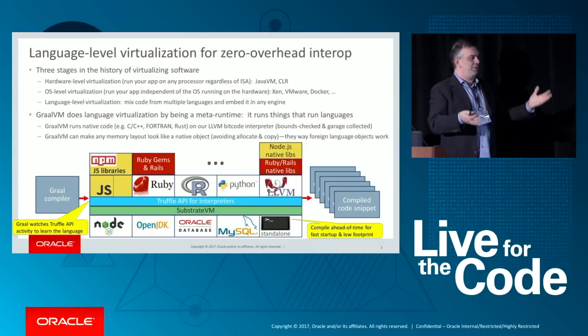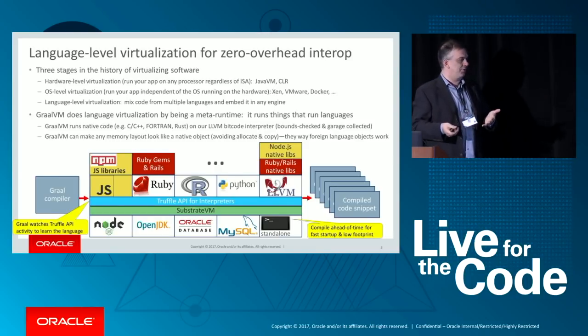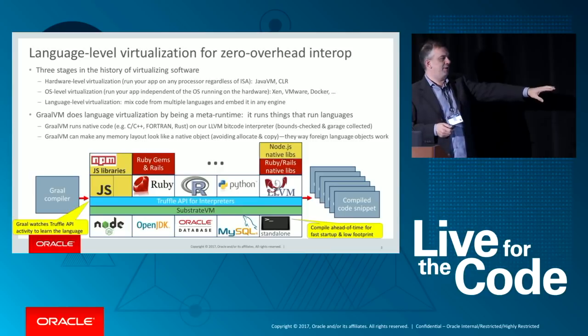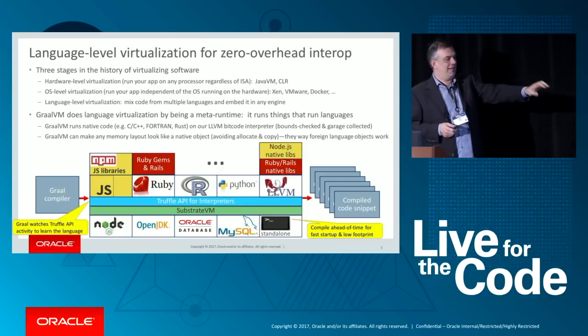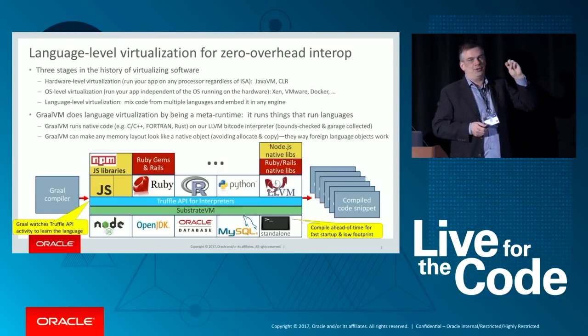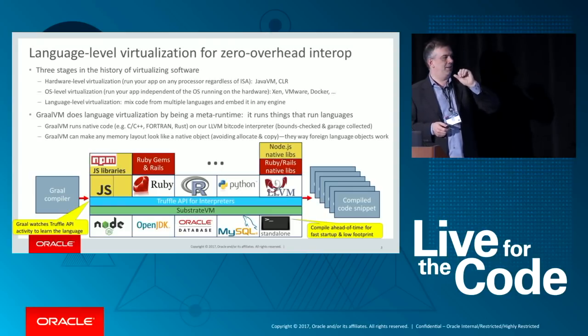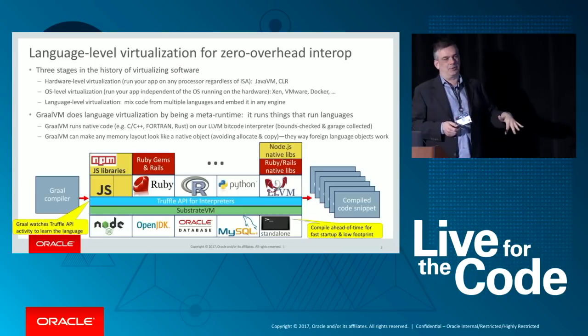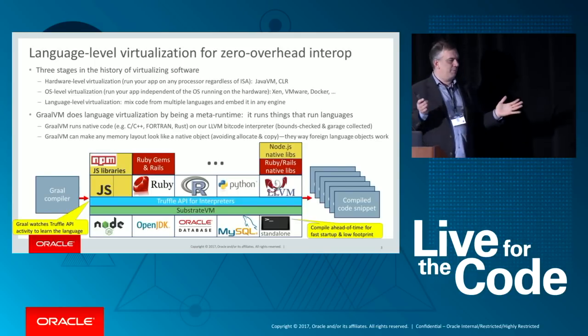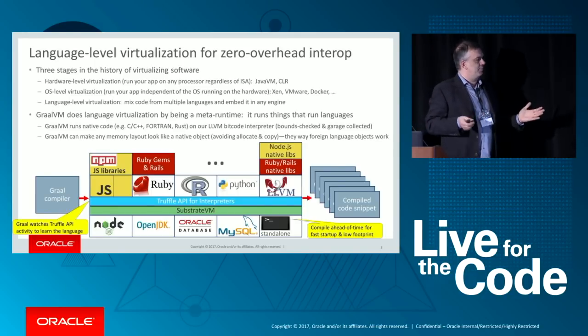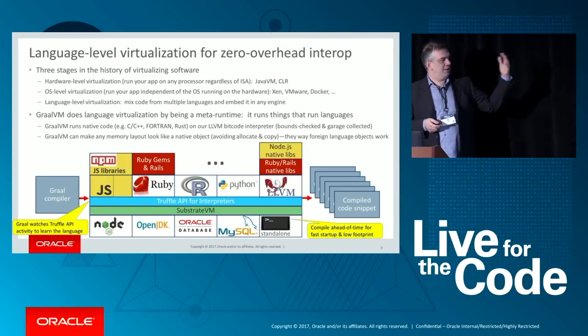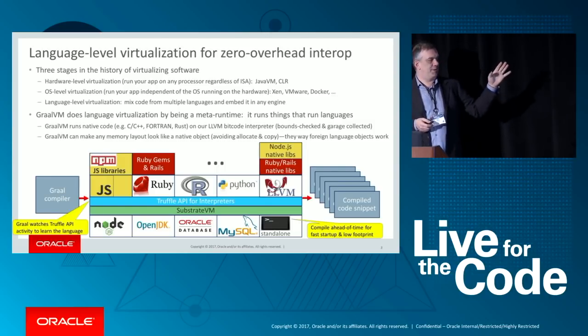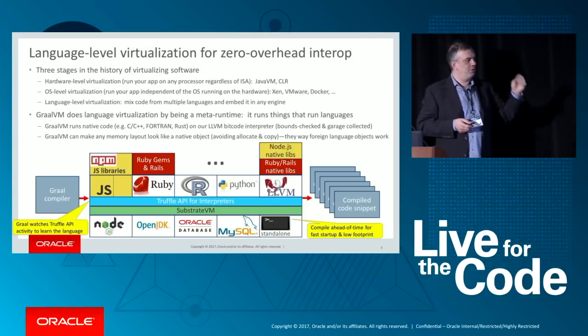And then in that case, particularly, Substrate VM provides its own garbage collection. You can also run code with Substrate VM standalone, where you can compile it ahead of time, which is great if you care about lots of little programs that care about startup and footprint. Rather than firing up a runtime like the JVM, you can just run a binary, and all that stuff's precompiled for you. And then, of course, there's zero cost to interoperate between these languages,